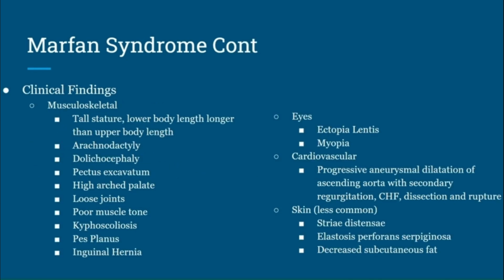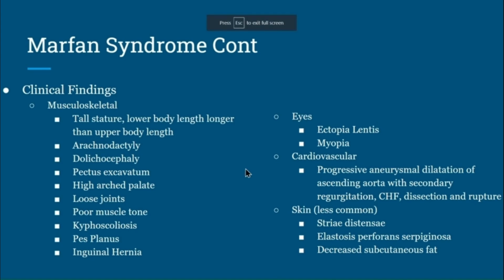Findings here, they're going to have a pretty unique clinical picture, at least on physical exam. And that's going to be tall stature, lower body length is going to be longer. Upper body length, you're going to be gangly, but not longer. You could have arachnodactyly or dolichocephaly. You could also have pectus excavatum, a high arched palate, loose joints, poor muscle tone, kyphoscoliosis, pes planus, or inguinal